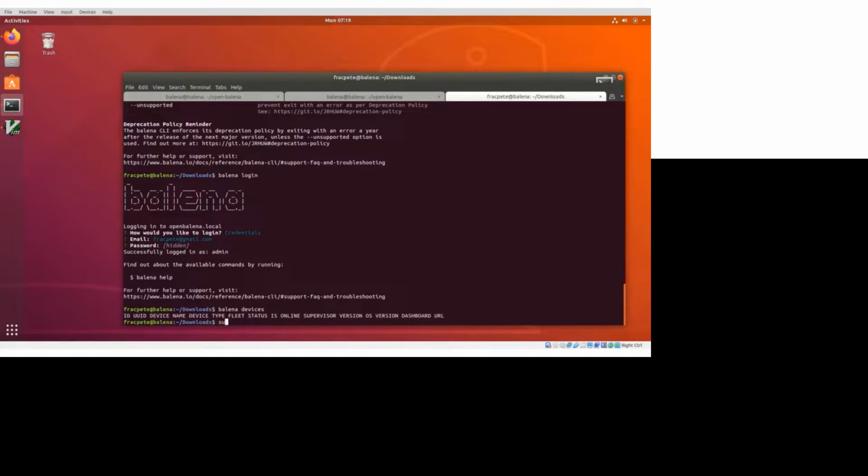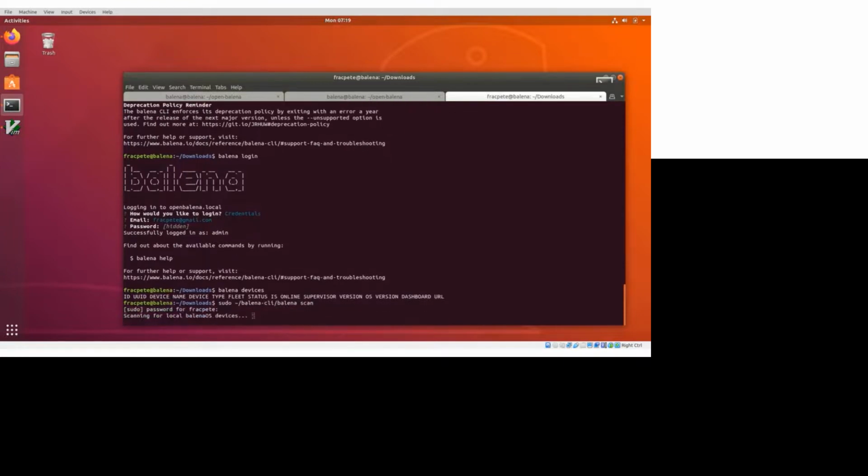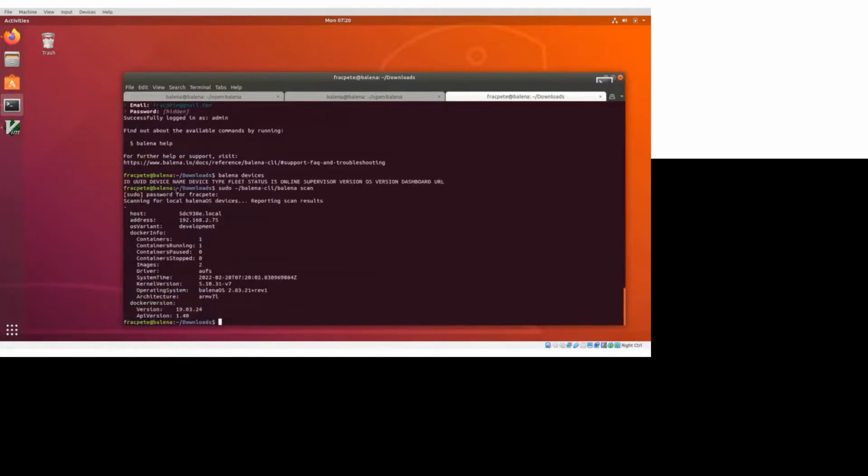So if I do a scan for devices, which I unfortunately have to use as root, then it's basically scanning for local devices on the local network, and it does find one, and that is exactly